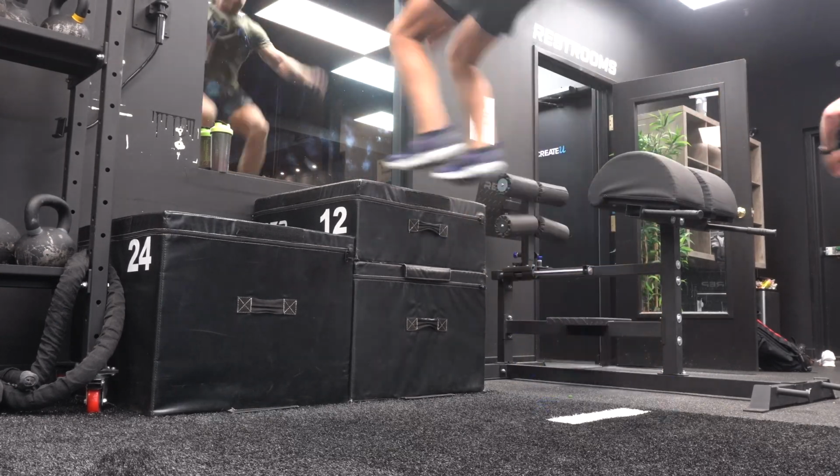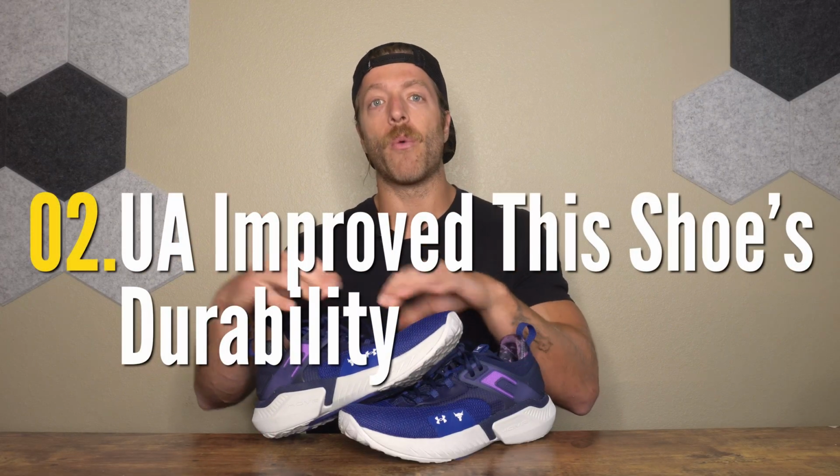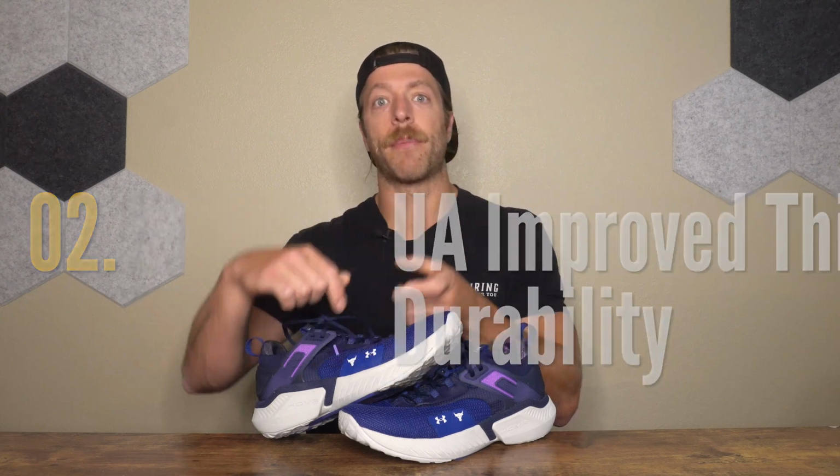The second pro that I have with this shoe is that it looks like Under Armour reworked some of the construction features from the Project Rock 4 that led to long-term durability issues. In the Project Rock 4, two areas that often led to issues with durability were, number one, this midfoot TPU clip. It would break down the laces, and the laces were thin. And then back here on the cup, we had a TPU layer, and that would cut into the